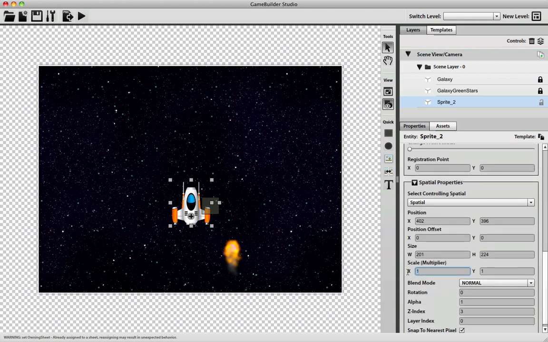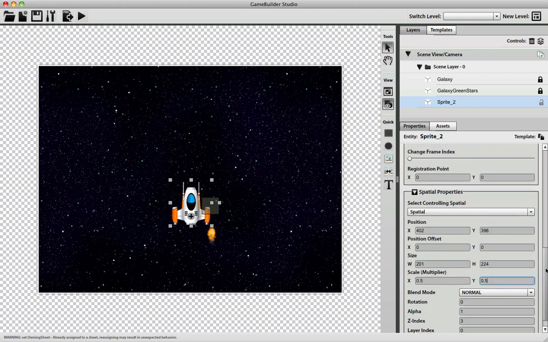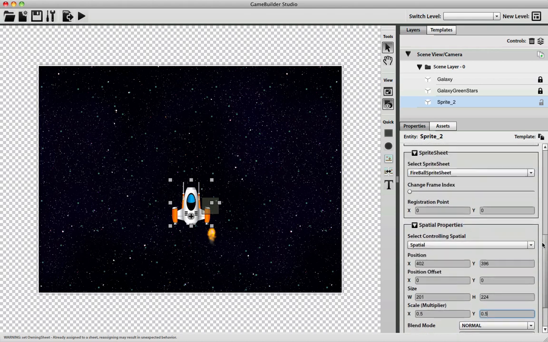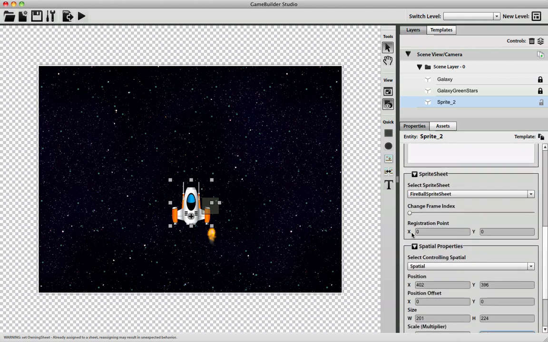I'm going to decrease the scale on the renderer because renderers control scale. And scale is different from size. The size is like the original size of the asset, and the scale will allow you to kind of stretch and squash it. Now I'm going to offset this using the position offset,